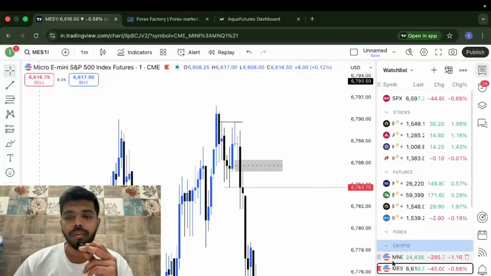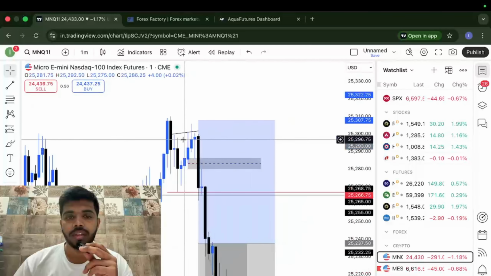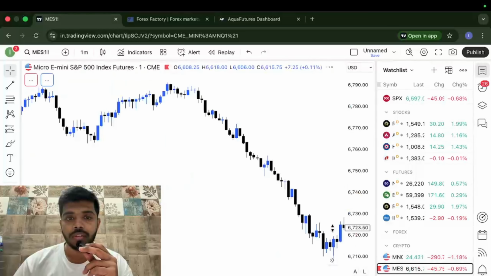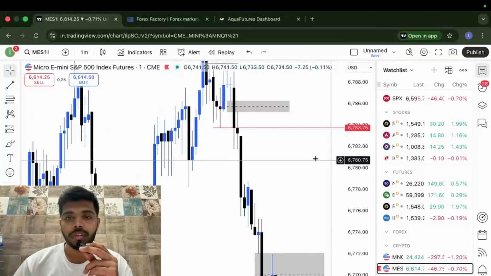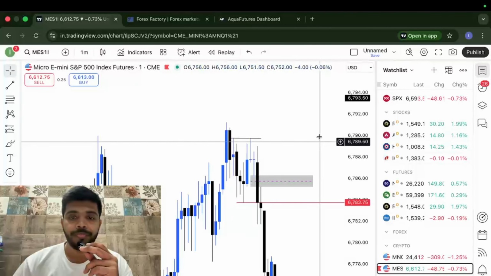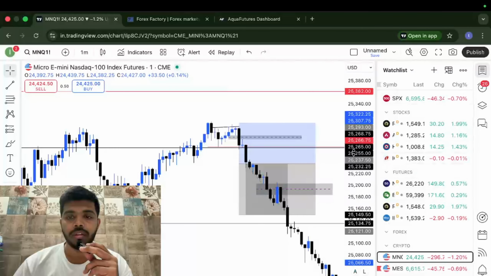So after a break of structure to the downside on ES as well as on Nasdaq, and an SMT divergence from these highs to these highs, and as well as here, from these highs to these highs, these are equal highs, so it will work. And after a break of structure on ES, but Nasdaq didn't give us a break of structure,